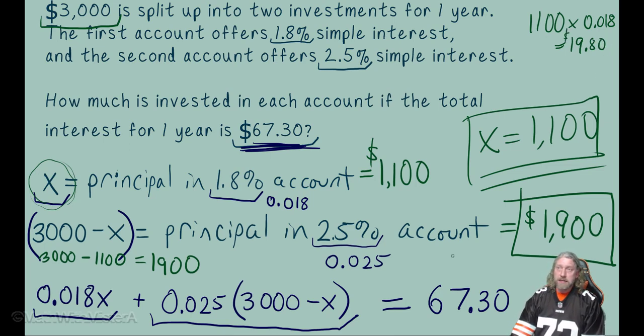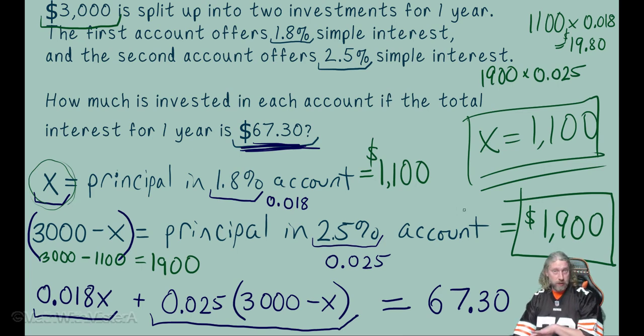And then $1,900 in the second account. I'm starting to get a messy page here, but we're going to wrap it up in a second. So 1,900 times 0.025, that 2.5% changed to a decimal. Let's do that multiplication. We see that it equals 47.5,